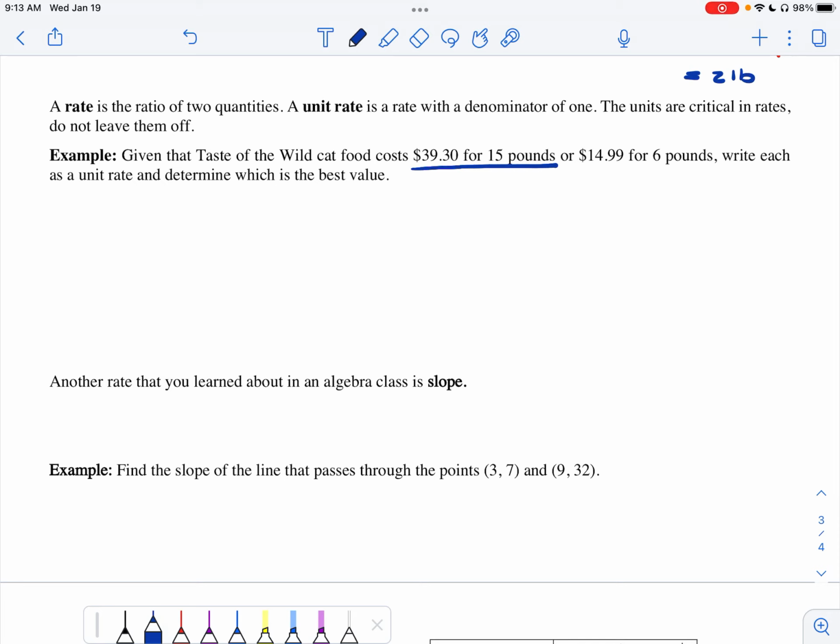So if we divide 39.30 by 15 pounds, for a unit rate we have to have a 1 in the denominator, which means we don't want to leave the 15 pounds down there, but instead we want to do this calculation. So if you pull out your calculators, I'm just going to plug in 39.3 divided by 15, and I got